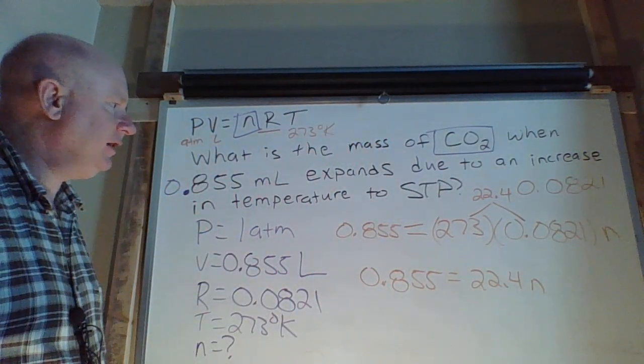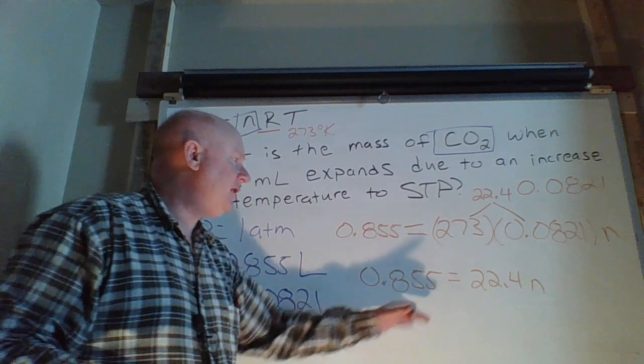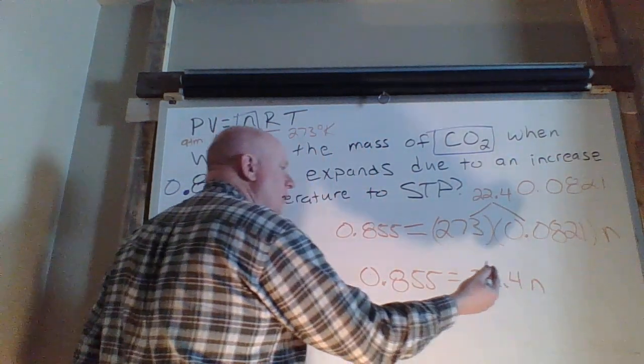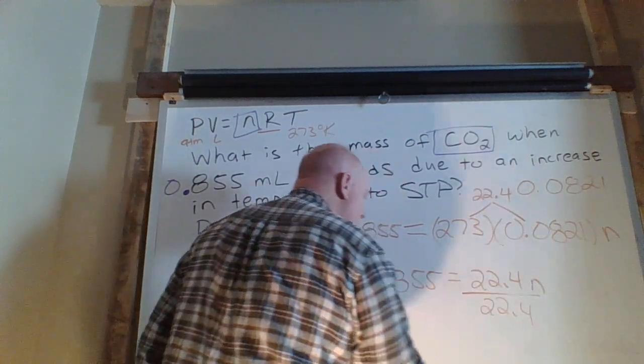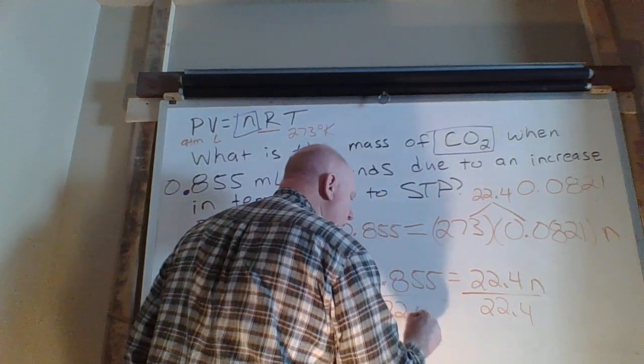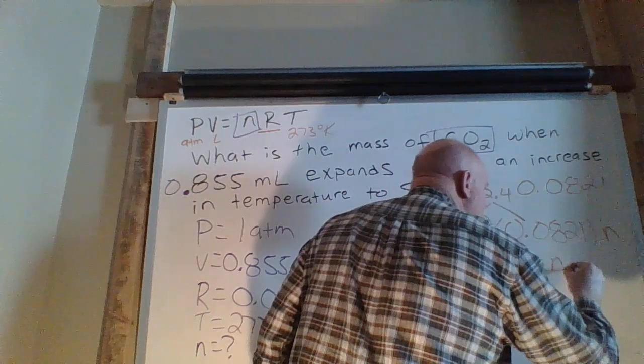So the next thing we need to do is get N by itself. So of course, using your algebraic skills, we divide both sides by 22.4, and we're going to get N equals,